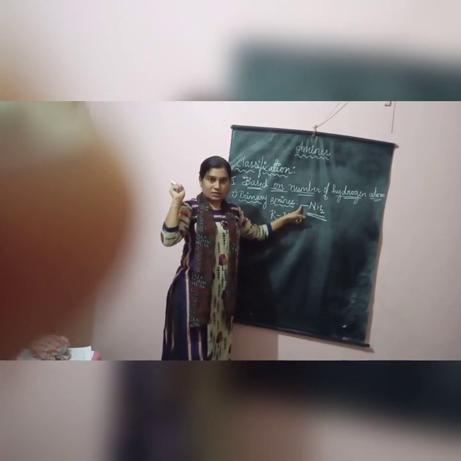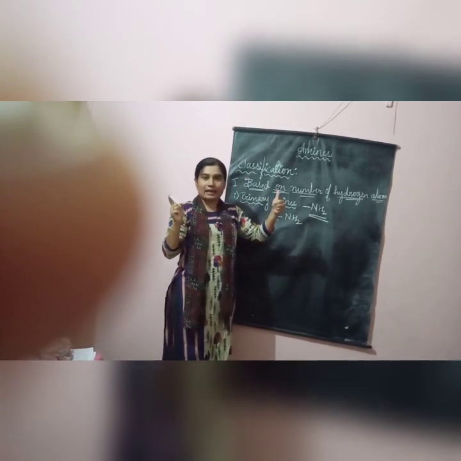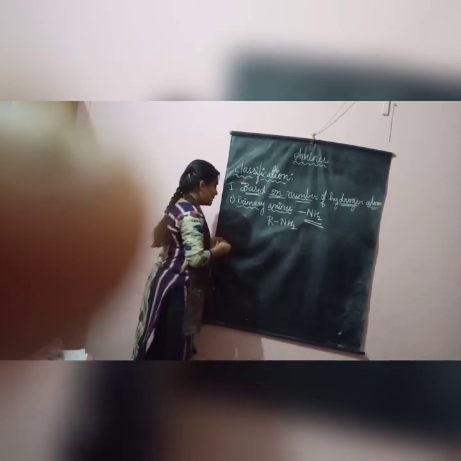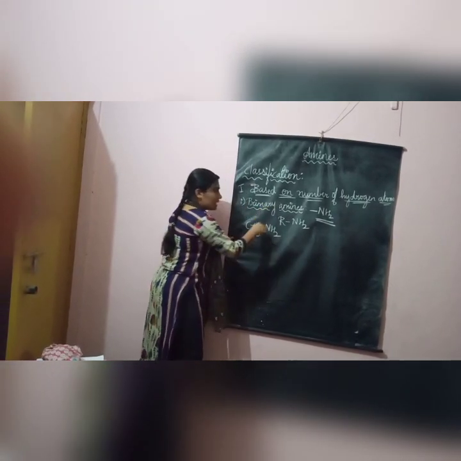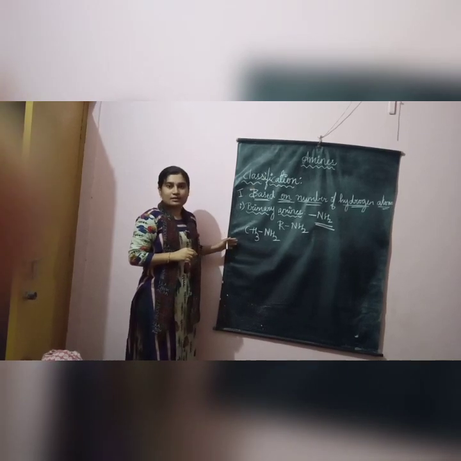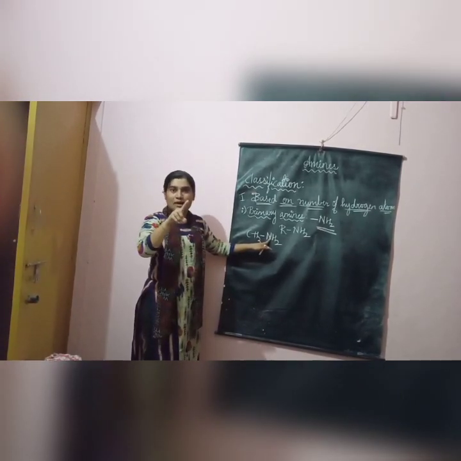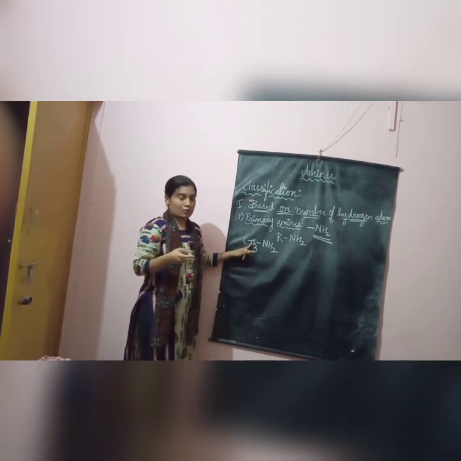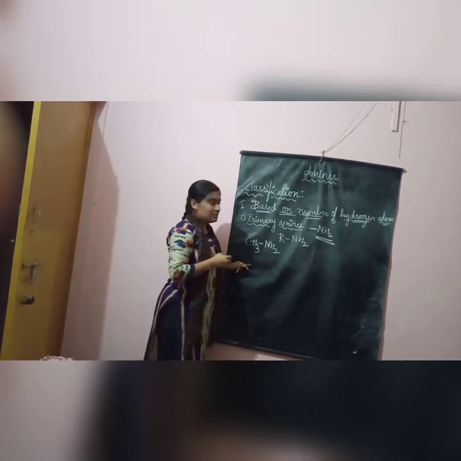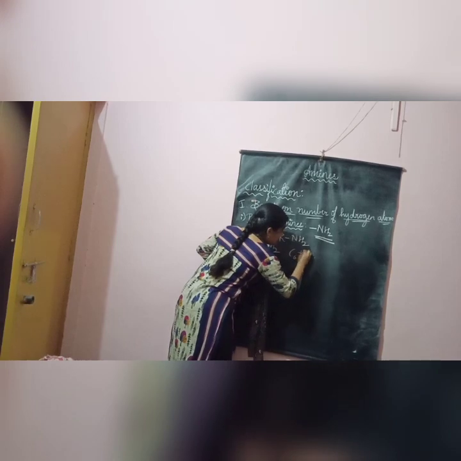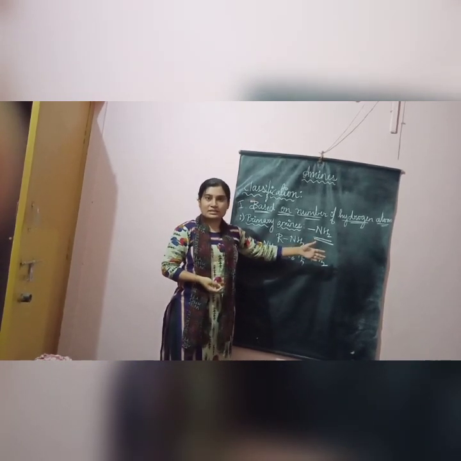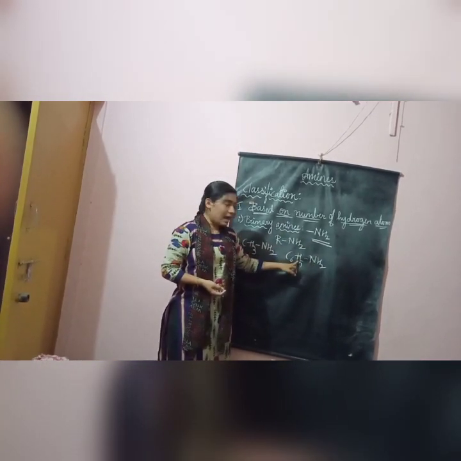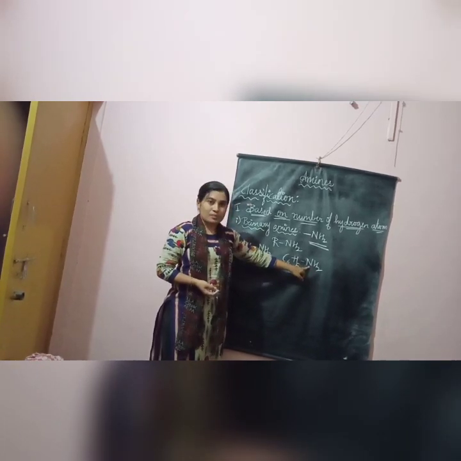This empty space, that is the one empty space, may be filled by an alkyl group or an aryl group. For example, CH3NH2 is an example for primary amine. How do you understand this? Because I have NH2, that is one hydrogen is replaced by an alkyl group. Another example taken for primary amine can be C6H5NH2. So tell me, of ammonia, how many hydrogens are replaced? Ammonia is NH3. One hydrogen is replaced by an aryl group. So the functional group is NH2 now.